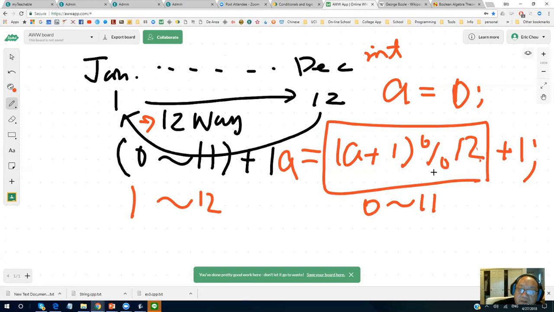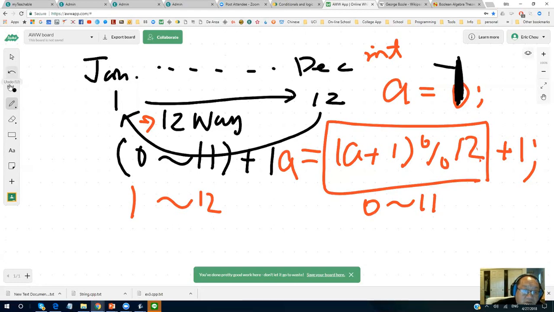Wait, let me see. Actually, initially I have 0. Probably initially I need to set to minus 1. Okay, let me set it to minus 1.